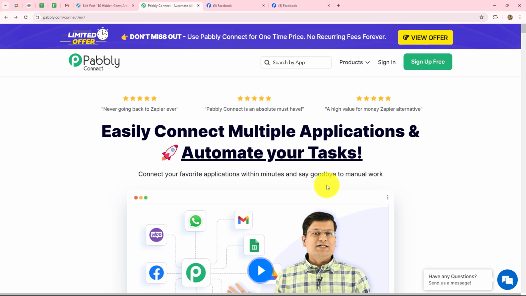This is the homepage of Pabbly Connect, where we can reach by typing the URL pabbly.com/connect in our browser. After coming over here, you will find two options: sign in and sign up for free. In case you are already an existing user, you can directly click on the sign in option. But if you are a new user, you have to click on this sign up for free button to create